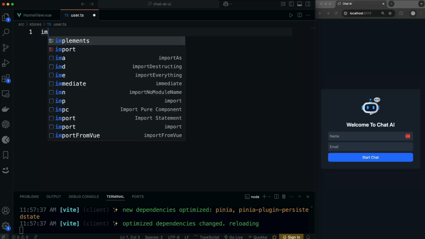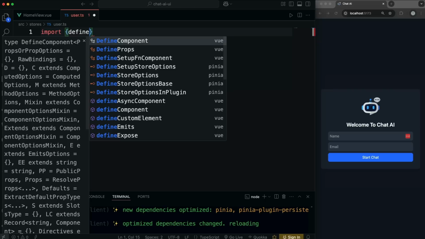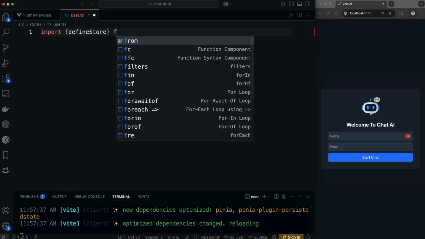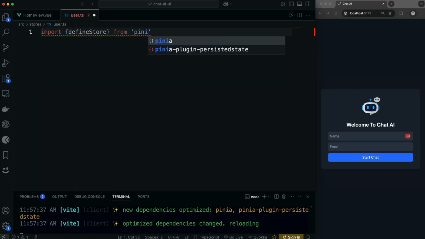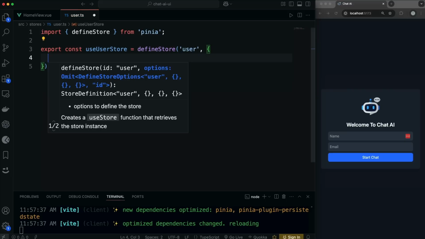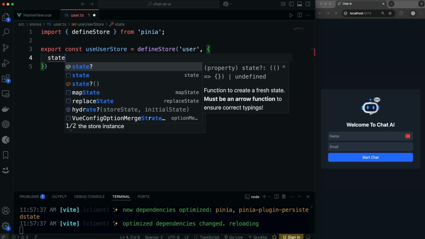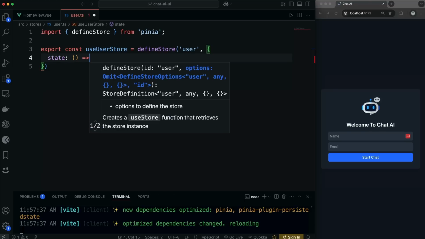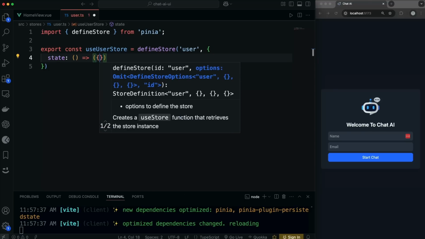So what we're going to do is import defineStore, and that's going to be from Pinia. All right, and then we're going to export. Let's export const, and we're going to call this useUserStore. And we want to set that to defineStore, and then that's going to take in a name of our store, so user, and then we pass in an object, and this is where we can define our state, which is going to be set to an arrow function, and it's going to